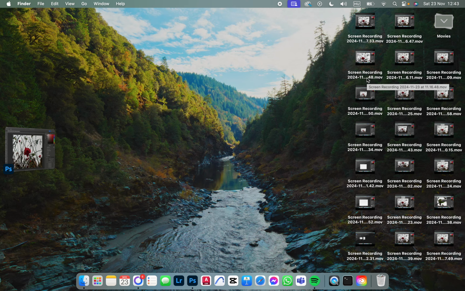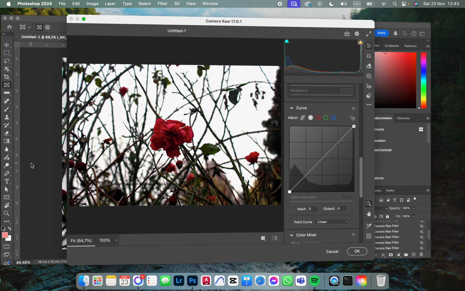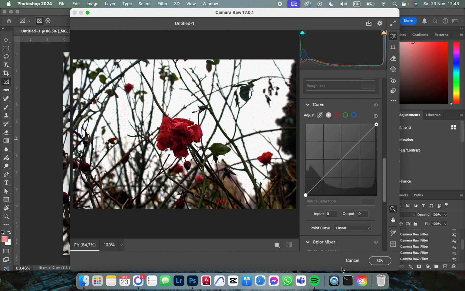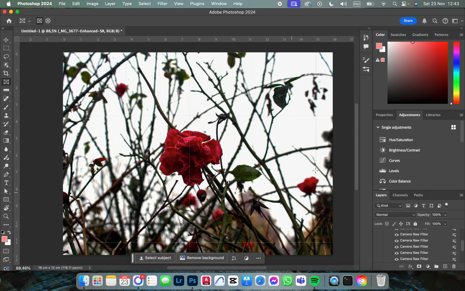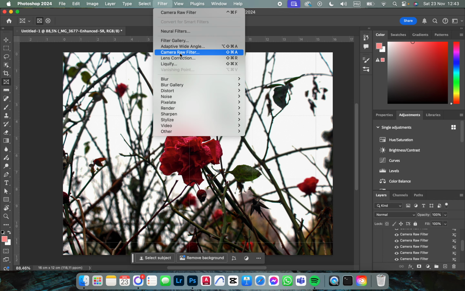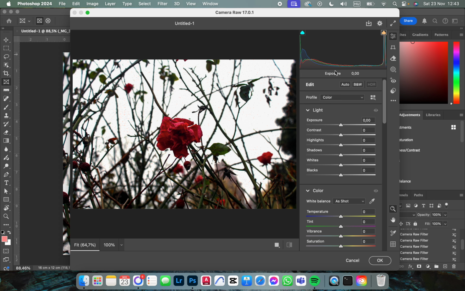I'm going to show you how to set the red curve in the Photoshop app. First, you have to open up the app, and here it opens up like this. From here, we just go into the top row, click on filter, then we click on camera raw filter, and